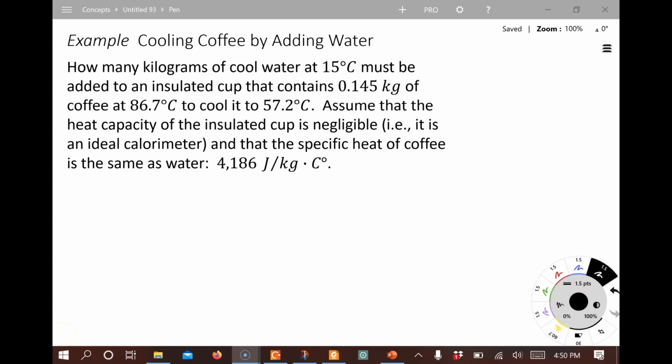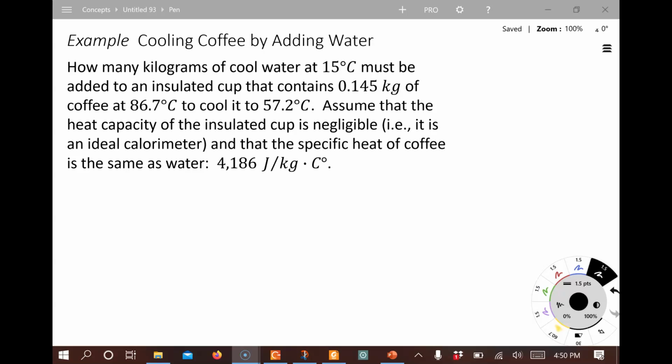Hi, this is an example problem having to do with calorimetry from chapter 12. Pause for a moment and read the question. So in this problem, we're going to have some coffee that's hot. We're going to add cool water to it, and we're going to wait until they come to a final equilibrium